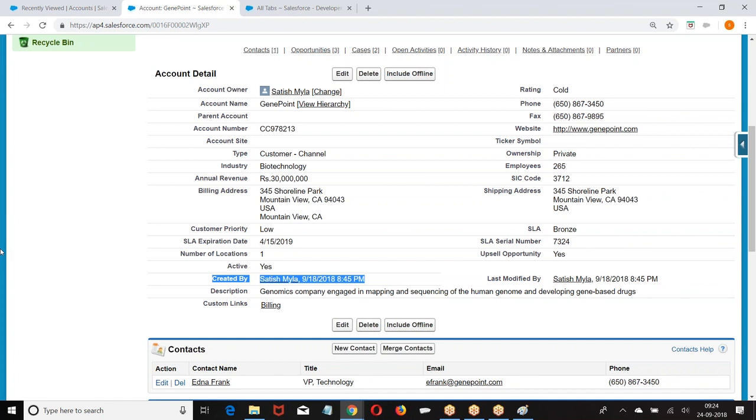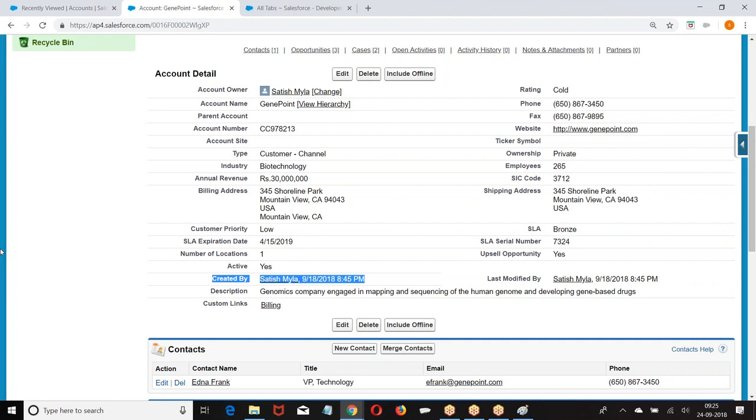You can only use it, you cannot modify it. Such fields are called system fields. Standard fields are created by Salesforce and data is entered by the user. Some of the standard fields are also called system fields because the data is also entered by Salesforce. I hope you are good with this. Clear?